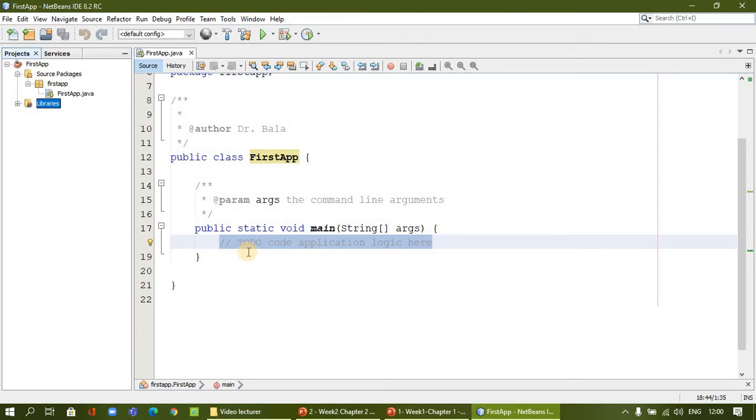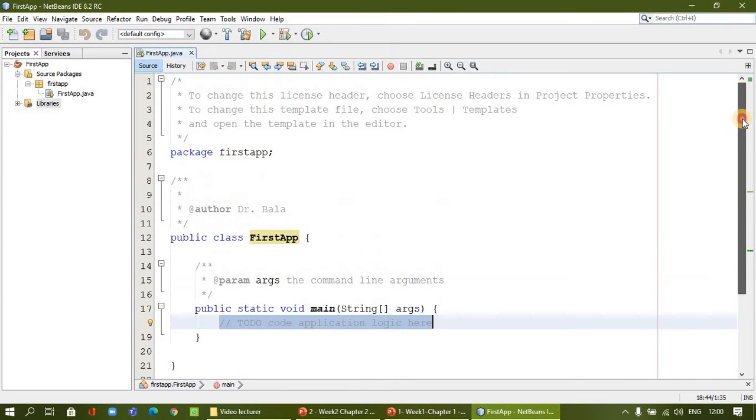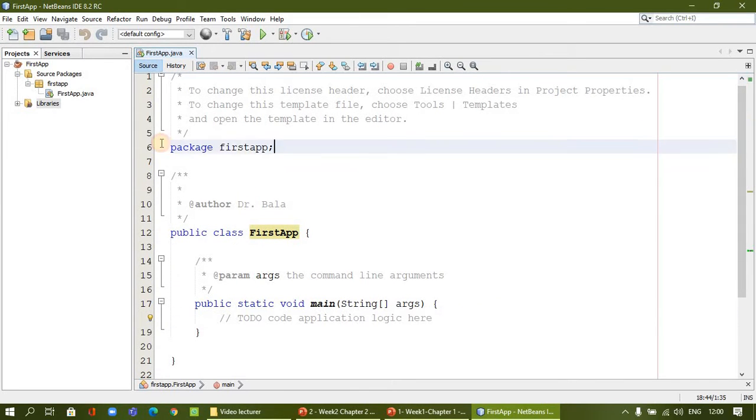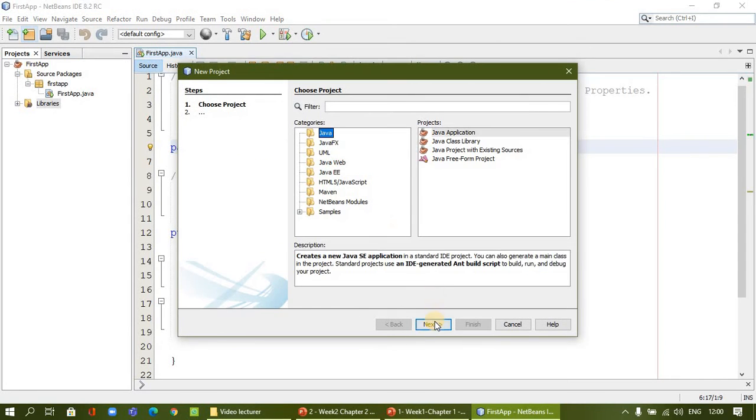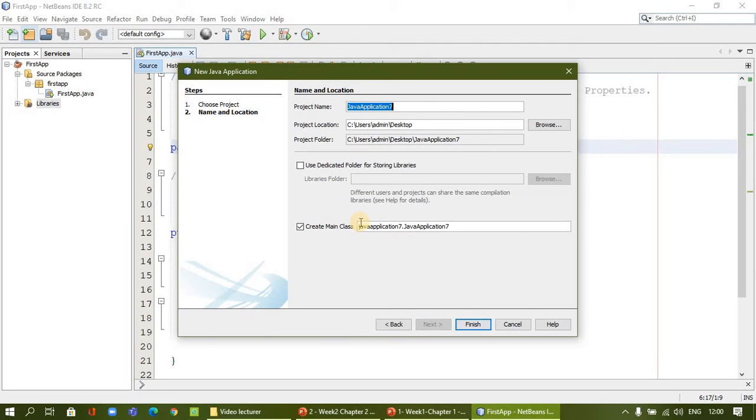Now, for example, we can write some code here. But before that, I will explain about the package. Of course, you will have a separate study about this. Whatever application name we gave, by default the package name is given. If you want a different name for the main class, I will go back again and show you this area.